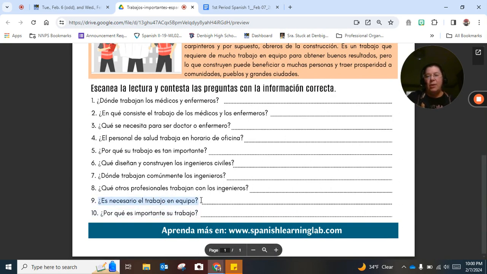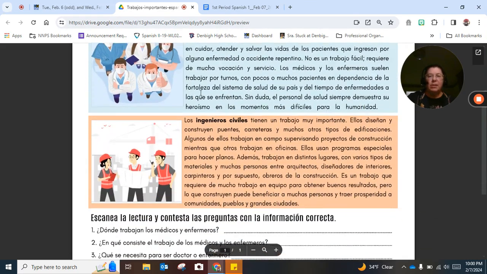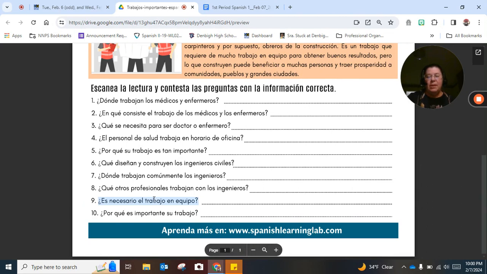Es necesario el trabajo en equipo. Oh, yeah, also remember, put your numbers up next to the lines where you find them. Ready? Es necesario el trabajo en equipo. Is necessary work. Now, I really like that you guys were pulling out equipo for equipment. So, con equipo, with equipment, en equipo, as a team. So remember that trabajo en equipo, that's one of your vocabulary words. So basically, is necessary work in team. What is that actually asking? Can you see how we don't translate things word for word?